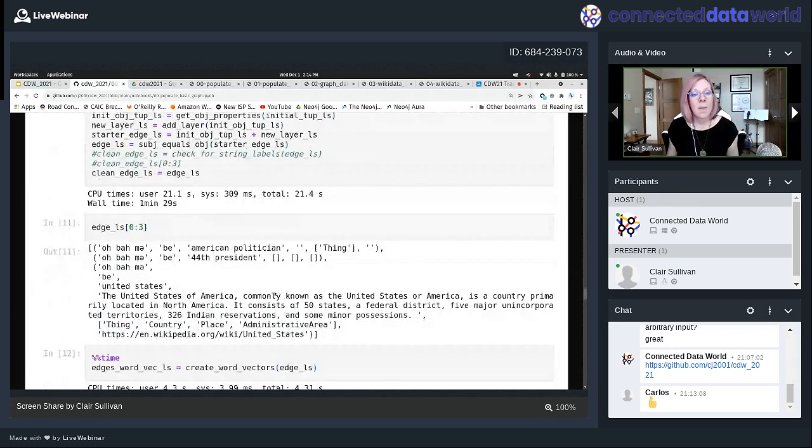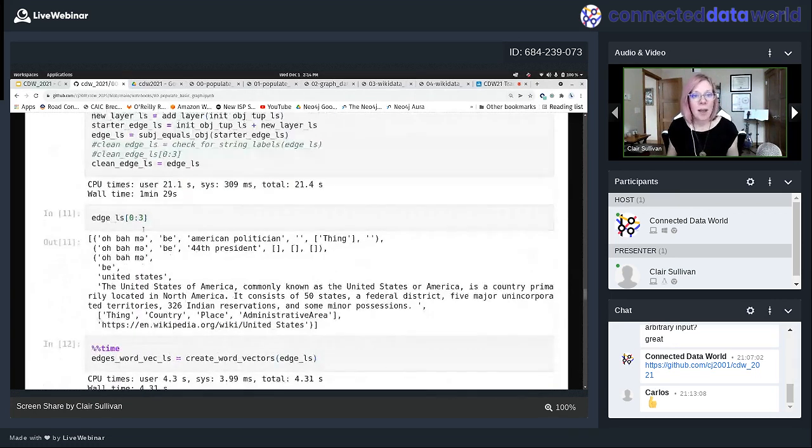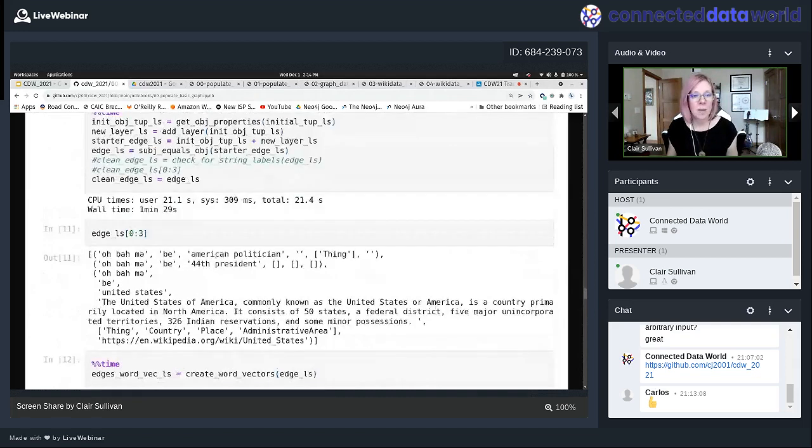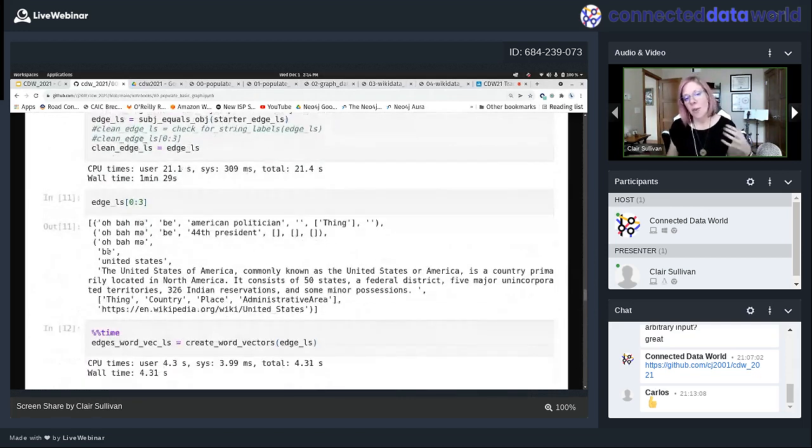Okay. I have this thing that populates my relationships. And these are just kind of how we add to our tuples. So you can recognize our first few tuples. So here's my object, and it turned out that Google Knowledge Graph came back with a description, which we'll use. And then it came back with a whole bunch of node labels. Okay, so these are the types of the nodes.